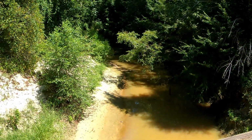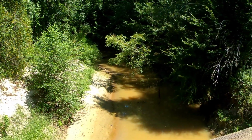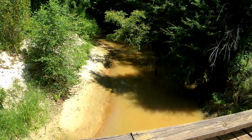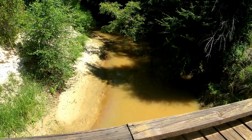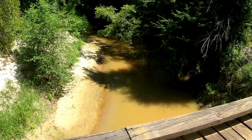All right, guys, we're at another little spot of mine. That's one of my favorite spots, not necessarily to look, but just for the history of it. This is an old bridge. It's called Confederate Bridge, and up under this bridge, a Confederate soldier after the war come home, and he was